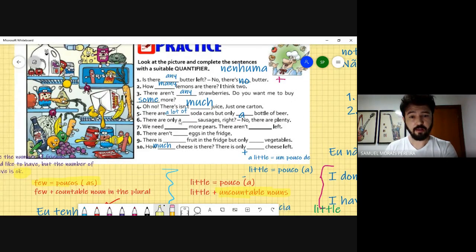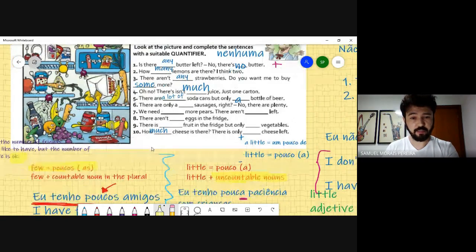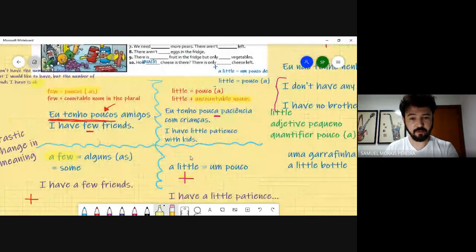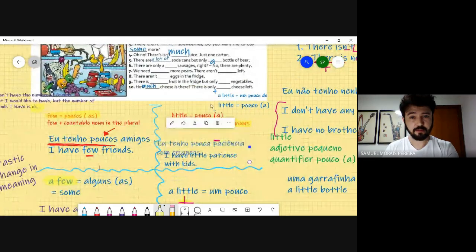There are only... tá vendo aqui, ó, esse a que tá aqui, sausage está no plural, tá vendo? Então, esse a não significa um. Esse a ou está conectado com a expressão a few, ou está conectado com a expressão a little, estão vendo? Então, vamos lá. Sausages,